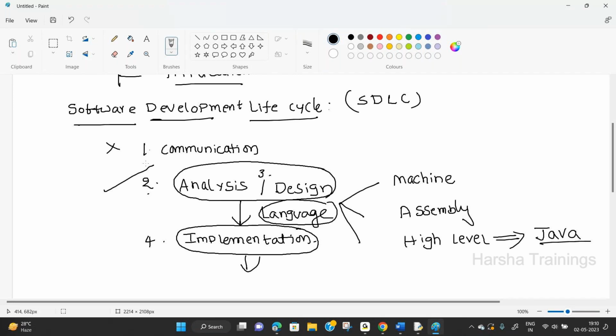After completion of analysis or design, I think in your graduation you are learning, suppose, C program. In a C program, first you write the algorithm or flow chart. After this, the algorithm or flow chart is converted into a program. Remember, for converting the algorithm into a program, you use either C, C++, Java, Python. The algorithm is the same, only the selection of language differs. Right now, I am selecting Java language. You are also selecting Java language. Now, enter into Java.